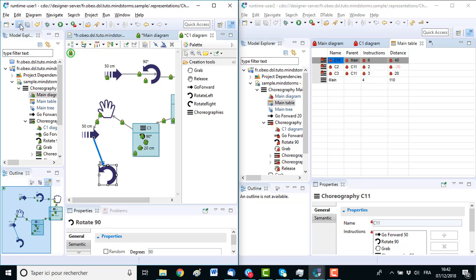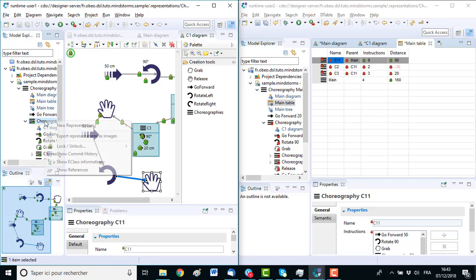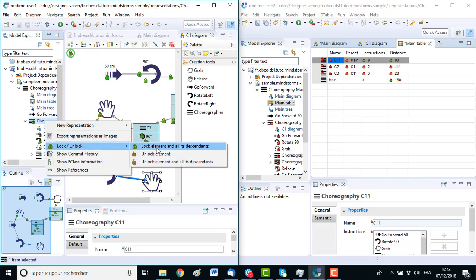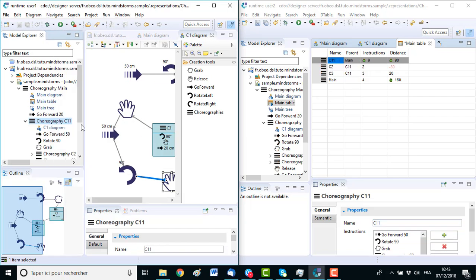And if he saves, the locks are not automatically released, so he can continue to perform some modifications and save. And once he has finished, he can go on C1, right click and unlock the element and all its descendants. And then this object is available again for the other users for modifications.